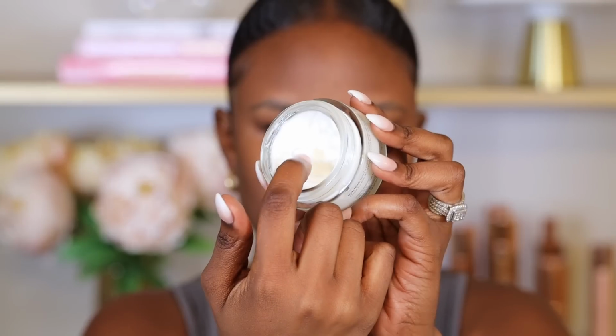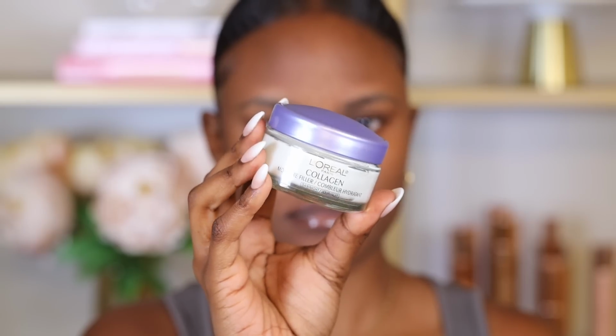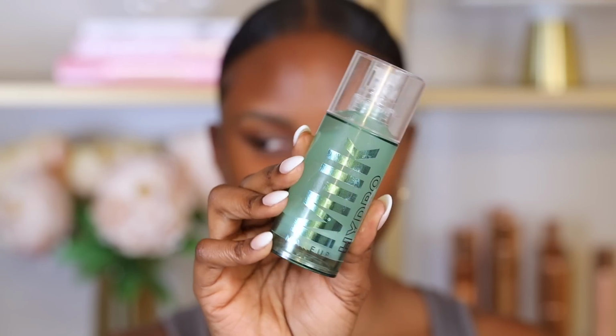Then you want to go in with the good moisturizers such as the L'Oreal Collagen Moisture Filler. Even if you have oily skin, moisturizer is also very important because it's going to hydrate the dry patches on the skin and your makeup will stick better onto your skin. Then you want to go in with a good primer before applying your foundation, such as the Milk Hydro Grip